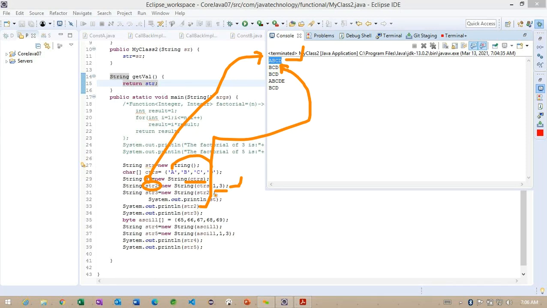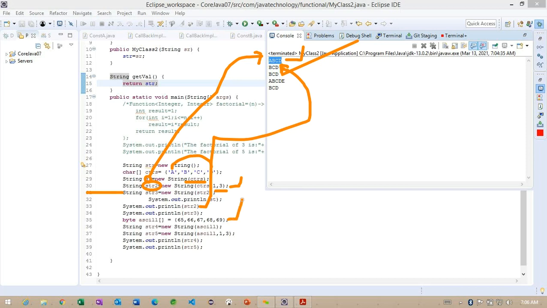you can see the third constructor here, at line number 31. What are we doing here? We are passing a string as one parameter. The same we are getting here. So the only difference is that we are having different types of constructors, which is expecting a string. Getting the point.